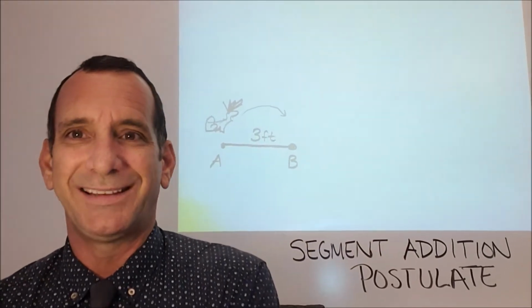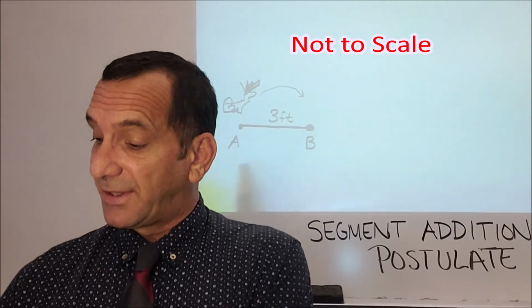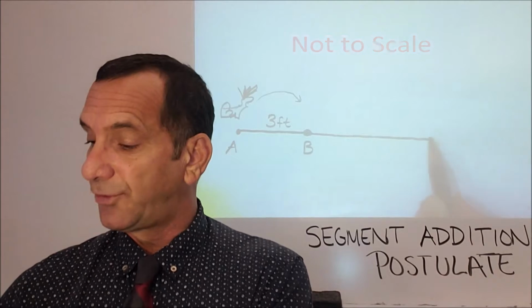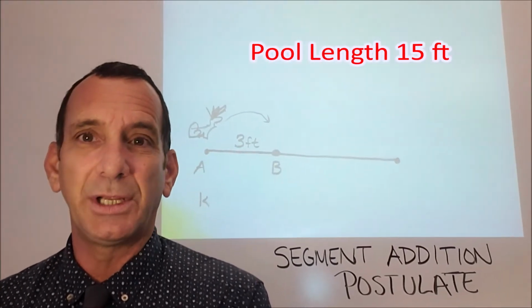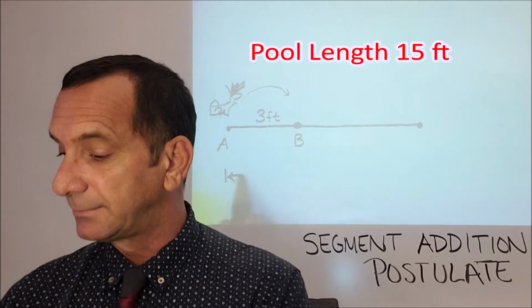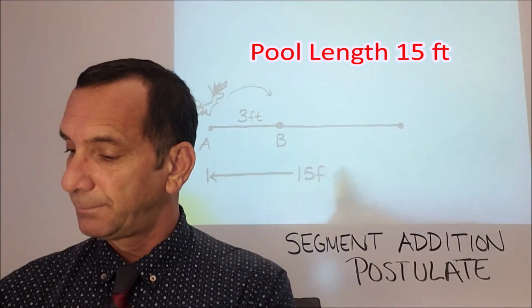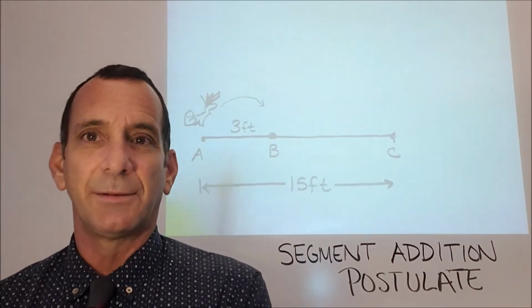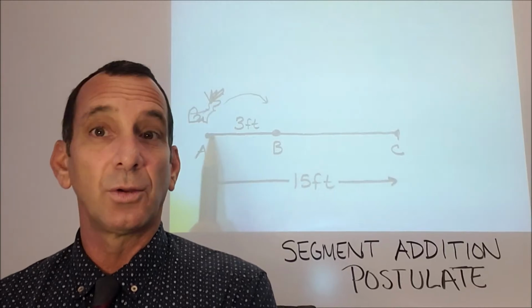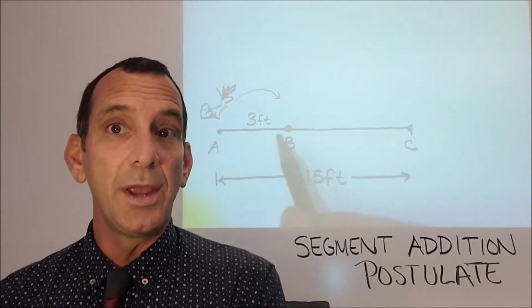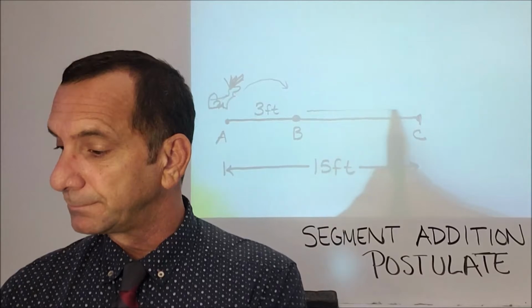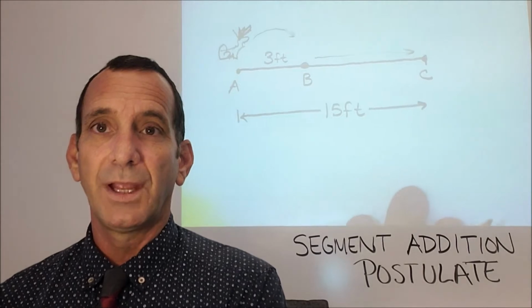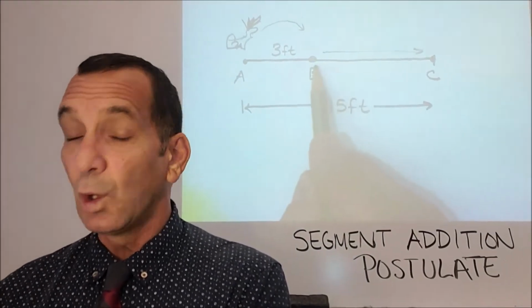She can get to point B. Now I know that the distance from A all the way across the pool to point C happens to be 15 feet. So I've labeled all of my distances A, B, and C. A to B is the distance that Lola jumps, and she's going to have to swim the rest of the way. Well, if we know that the pool is 15 feet long, then let's see how far Lola has to